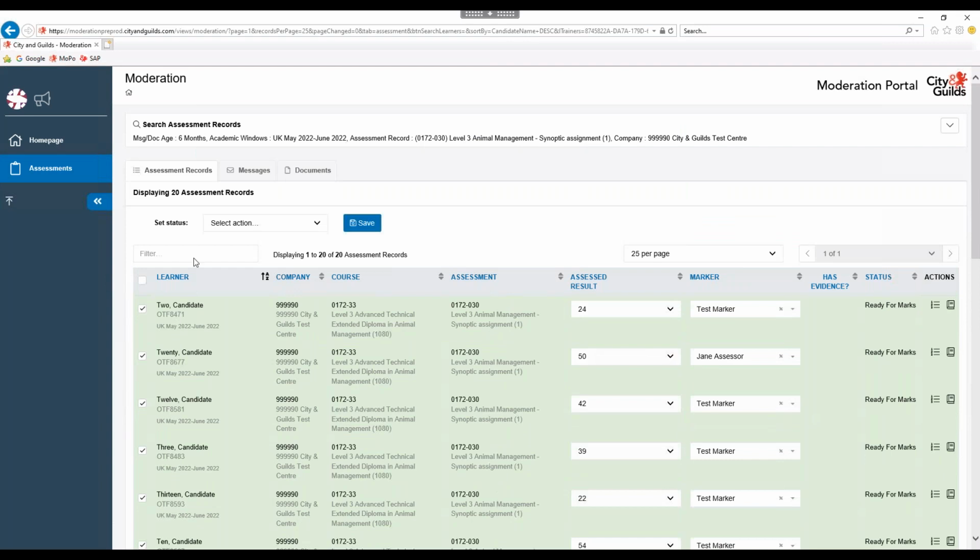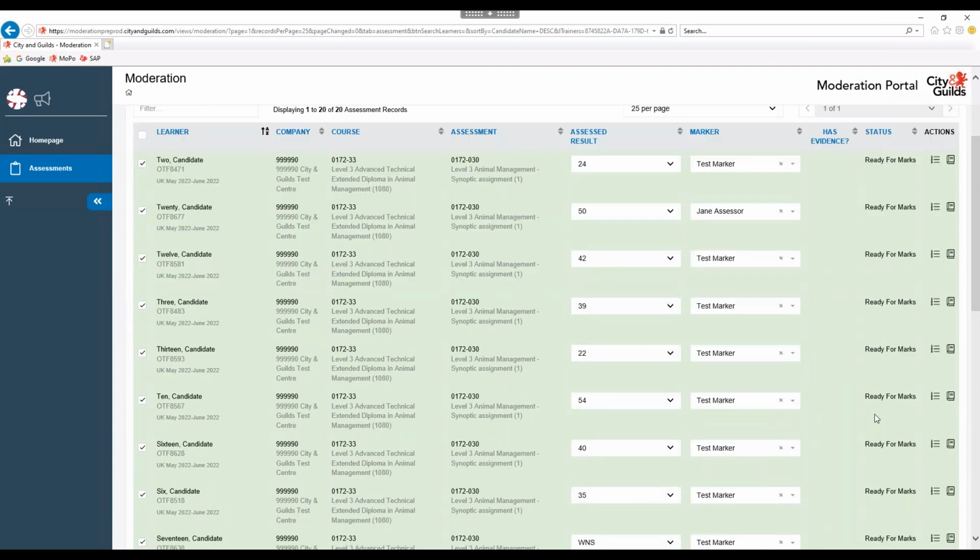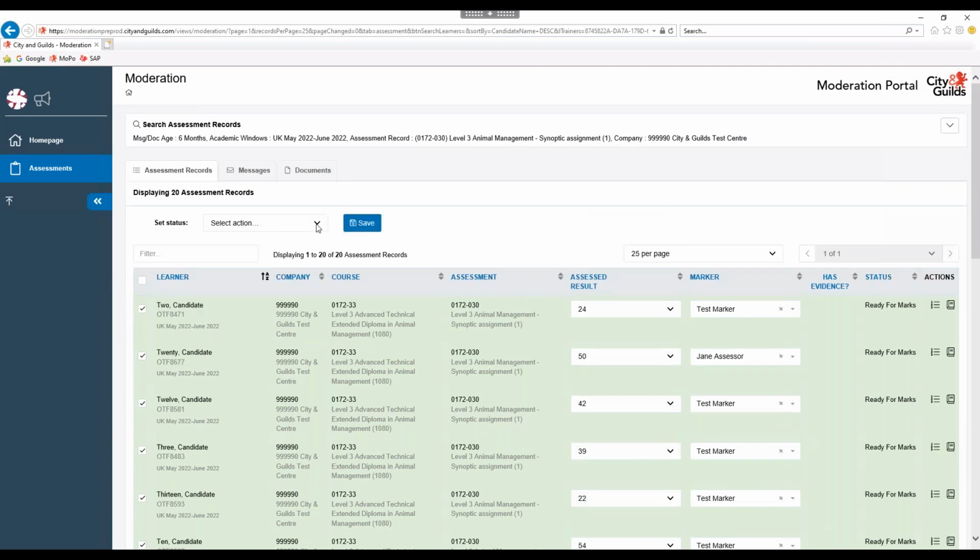So once you've got all that in, and they're all ticked and they're all green as you can see here, but the status is still ready for marks, change the status to marking in progress. So you've got all the marks in, you've got all of the markers' names in. Once this is saved, the status will change to marking in progress, and you can still obviously access all of that. That is still in the centre's hands to be able to access